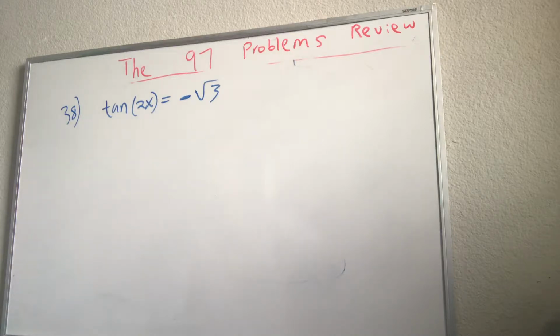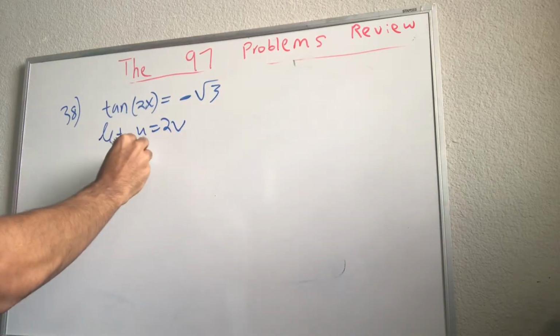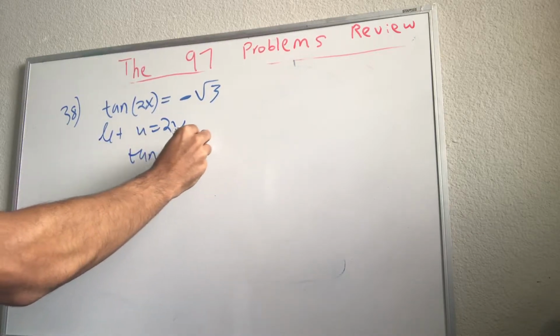Here we have question number 38. So again, a really similar trigonometric equation. You should get used to these types of equations using the same fundamental principle here. So we have tangent of 2x is equal to the negative root 3, right? So we can say that let u is equal to 2x, tangent of u is equal to negative root 3,